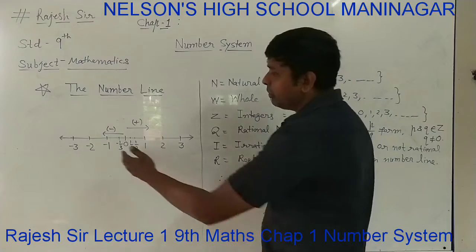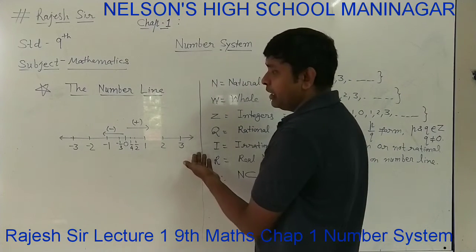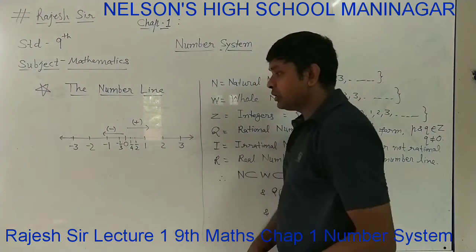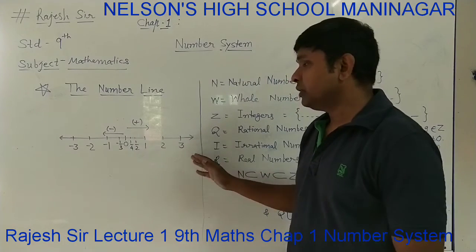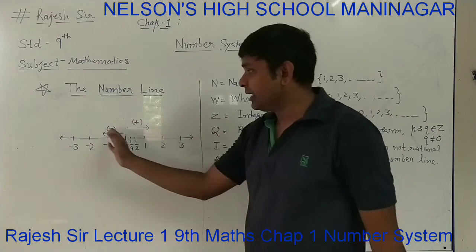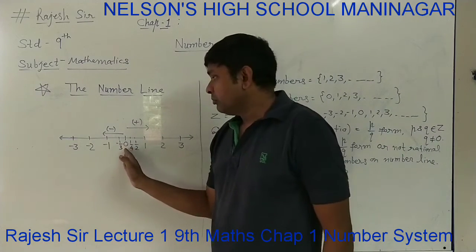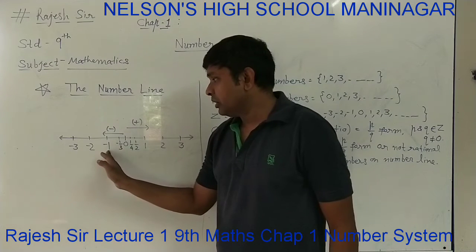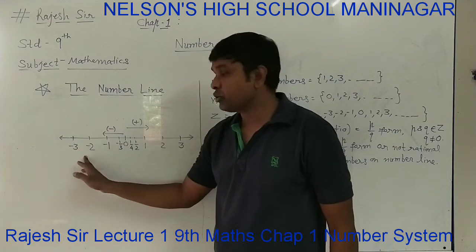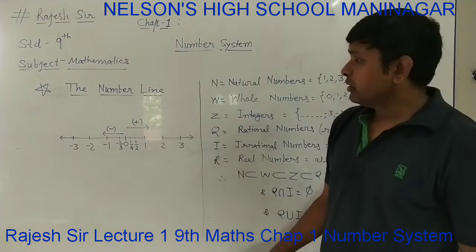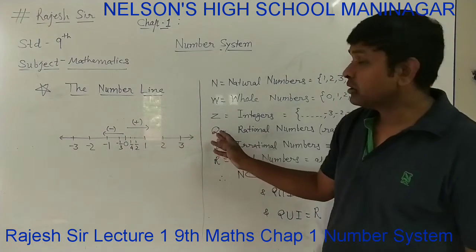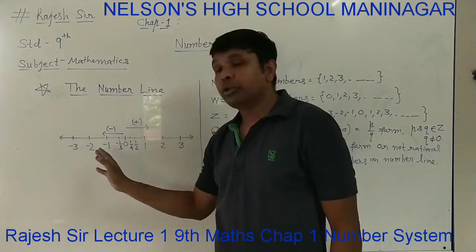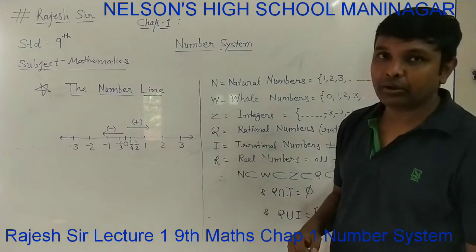And you were drawing the number line this way as a simple line, and in the middle you were showing 0, and on the right side you were showing 1, 2, 3 on equal spaces, and on the left side, before 0, you were showing -1, -2, -3, that way. So it's simple: on 0's right side you are showing positive numbers, and on the left side of 0 you are showing negative numbers.